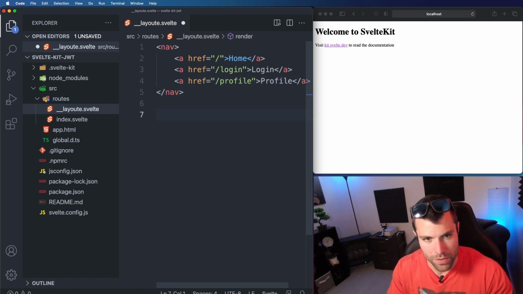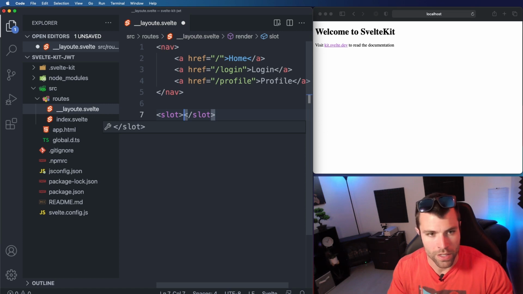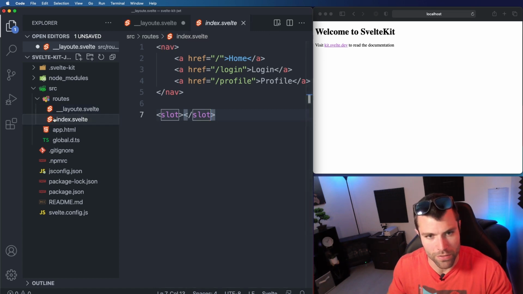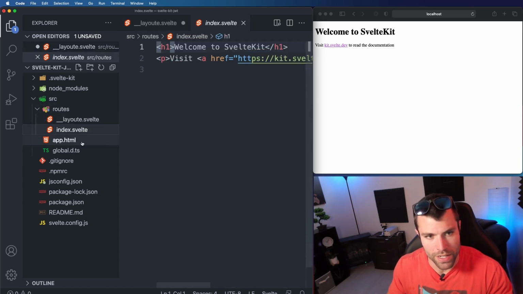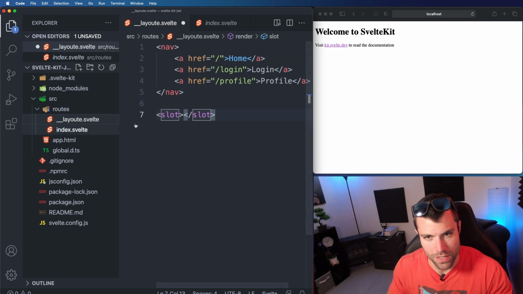Now in here, we are going to add the slot, and that's where the rest of our project will get inserted, or the rest of the files will get inserted into our layout, so our HTML files here. So anything that's in our index here now should be added inside of this slot. So if I save that,